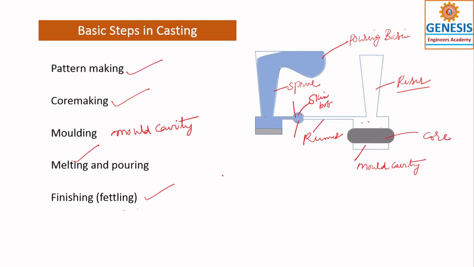So this is how the liquid flows from the pouring basin to the mold cavity and then to the riser. As and when it starts sinking, that is solidification or filling, the material available in the riser will compensate for the shrinkage of the casting. There are three types of shrinkages that I don't want to discuss now. Right. So now, while making a pattern, these are the allowances to be made.